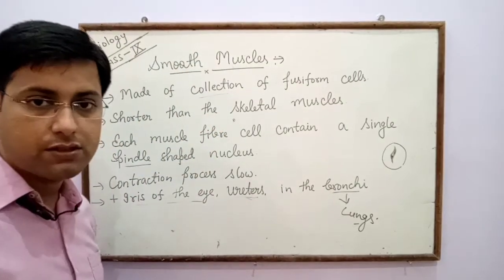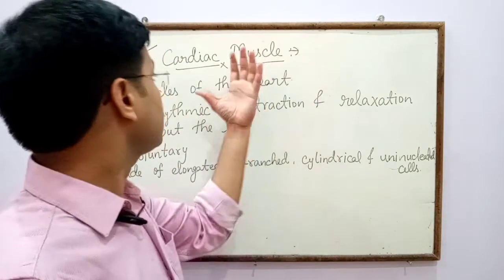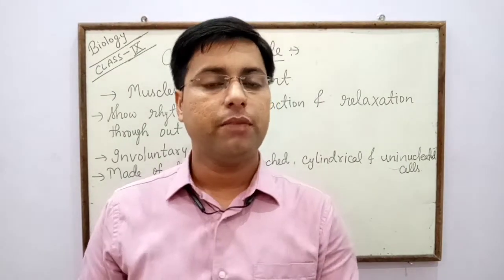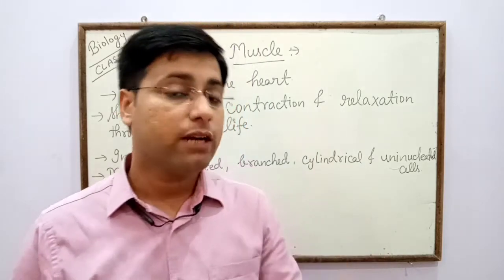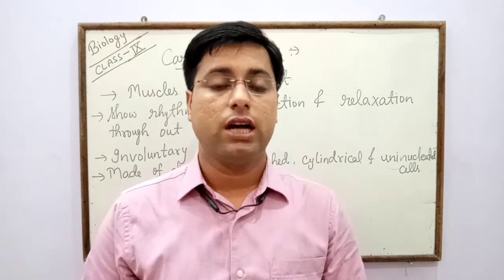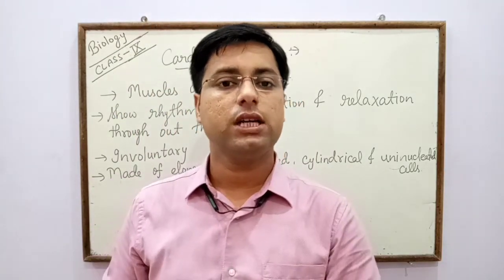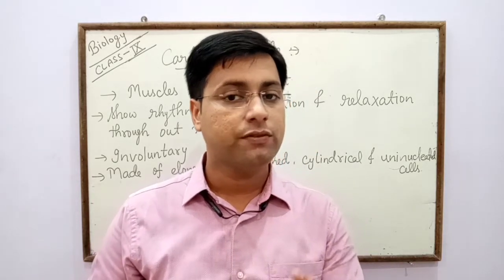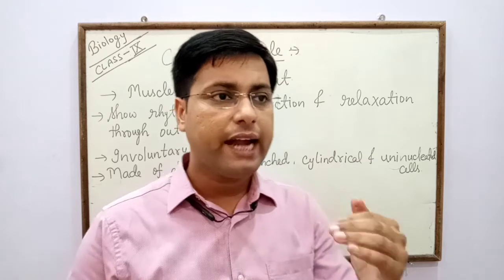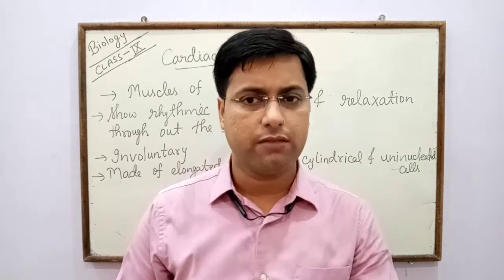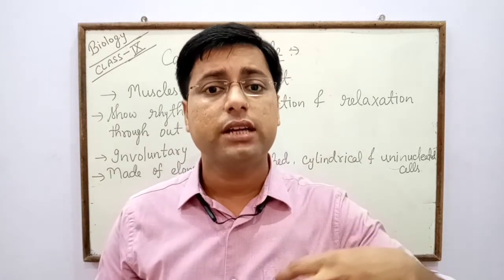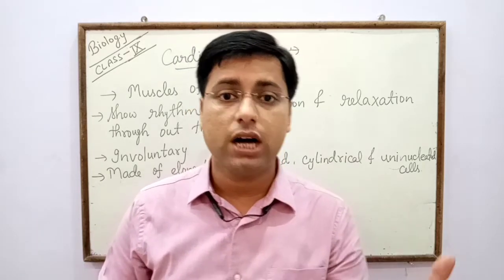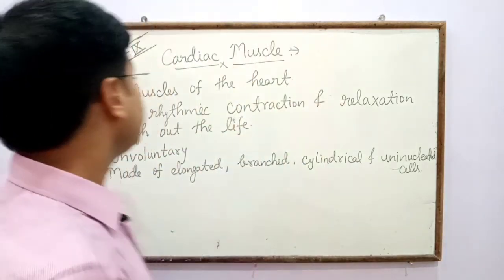The last type is cardiac muscle, the muscle of the heart, because our heart is made up of cardiac muscle. This is also a very important question: the heart is made up of which muscle? Our heart is made up of cardiac muscle, and it is also involuntary in nature because it is not under our control, means it does not work according to our will, and